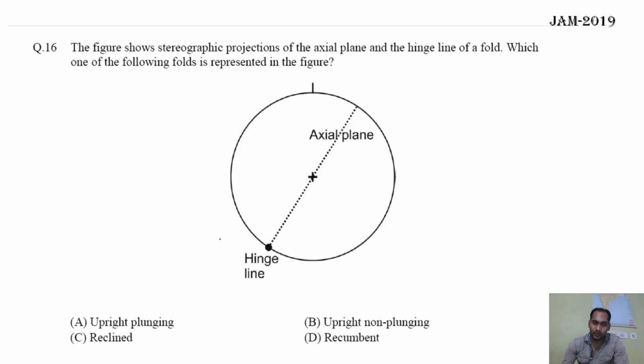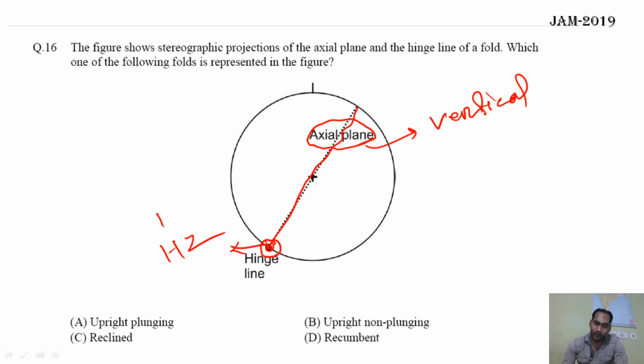So this is also easy. You can see here the axial plane is this one, which is passing through the center. The line is passing through the center, so the axial plane is vertical. And the hinge line is marked on the outer circle, so the hinge line is horizontal and the axial plane is vertical. Okay, so it will be like